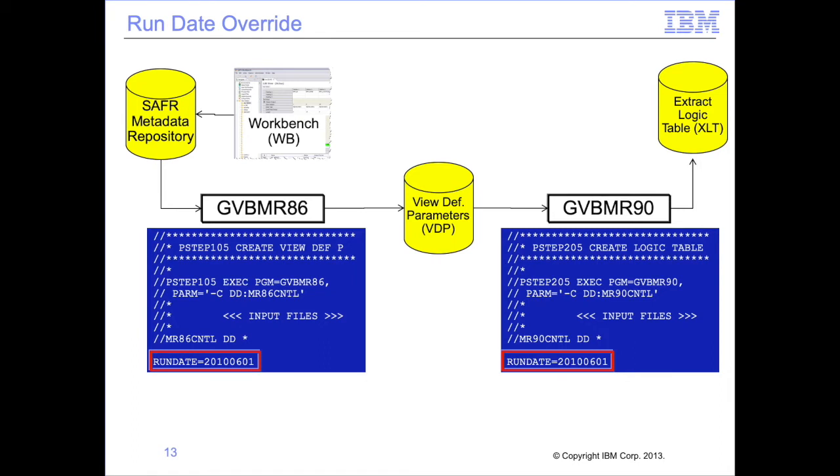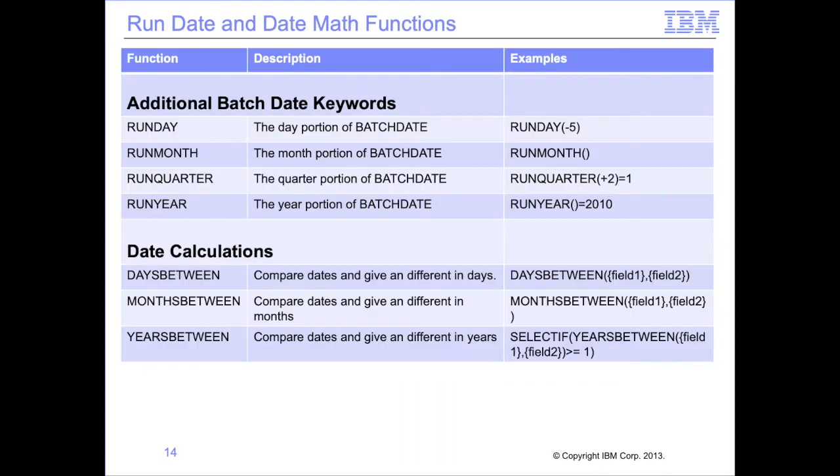Because processing schedules may provide inconsistent results in rerun situations or when processing near midnight, some installations have written small programs which access an enterprise processing table containing a processing date to create this JCL parameter for use by GenevaERS. At the end of a successful processing cycle, this same program then updates the processing date table with the next day's date. In addition to batch date, which returns a full date in the CCYYMMDD format, additional keywords